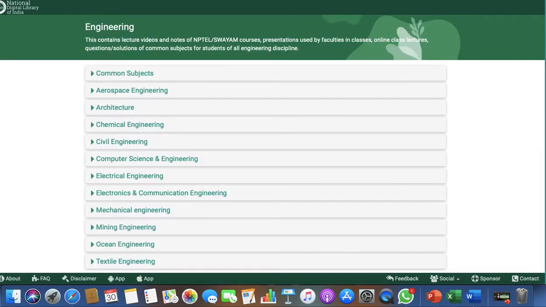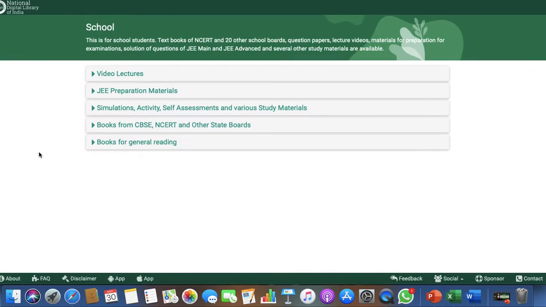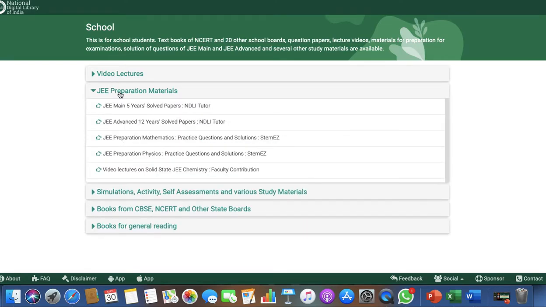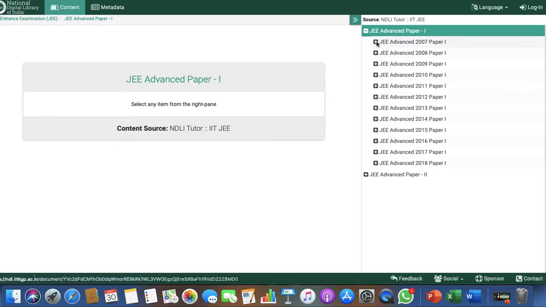Let me close all the tabs first. Click on school, then it will send you to the school page. Then you will find video lectures and JEE preparation. If you are preparing for IIT JEE, you can go to these tabs. If you click here on the advanced 12 years JEE, you will get pages like JEE advanced paper. Click here, then it will give you JEE paper 1.